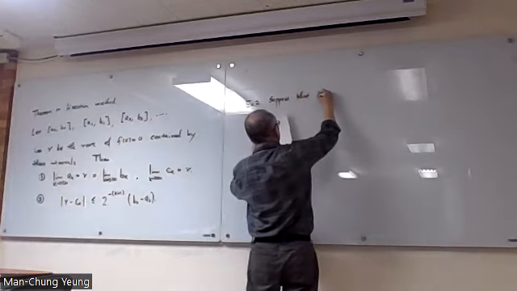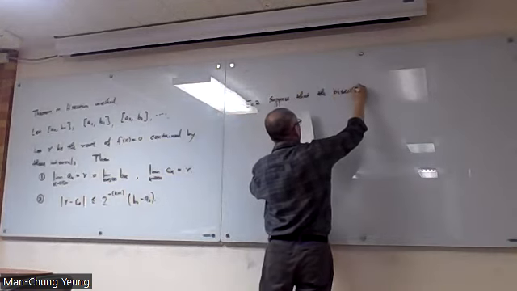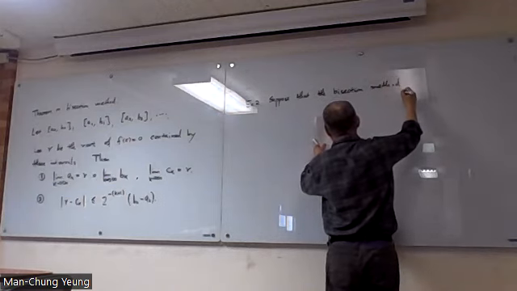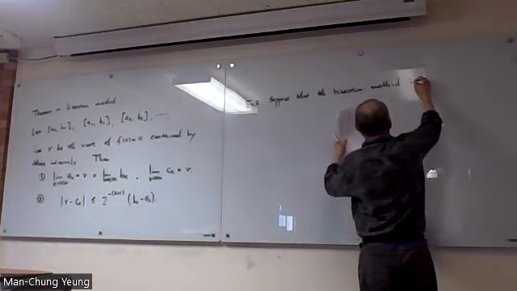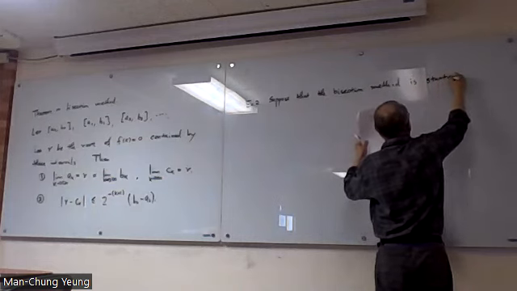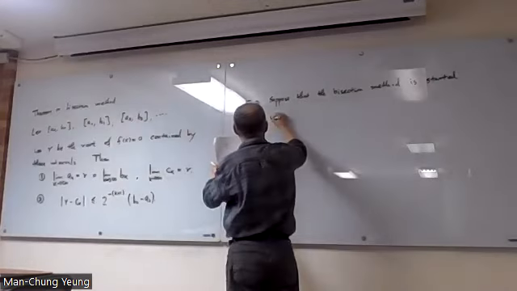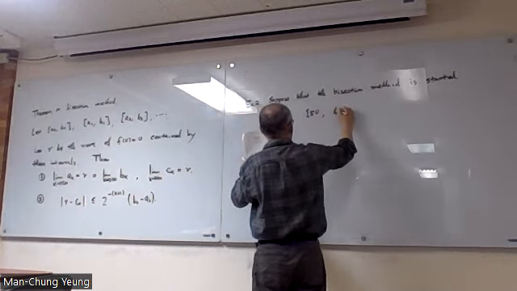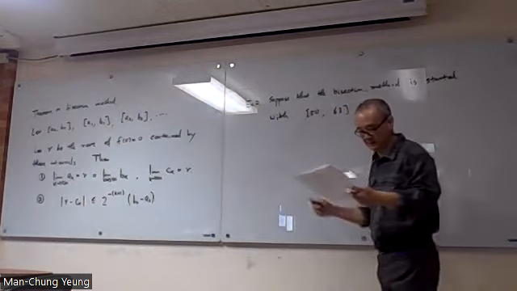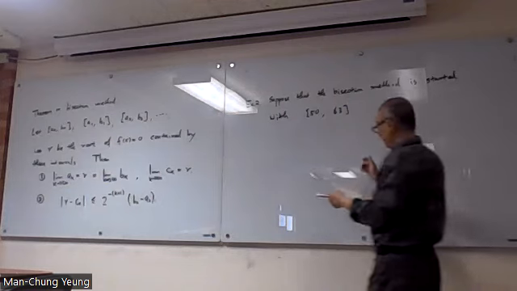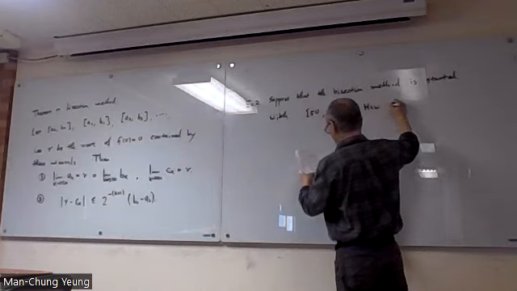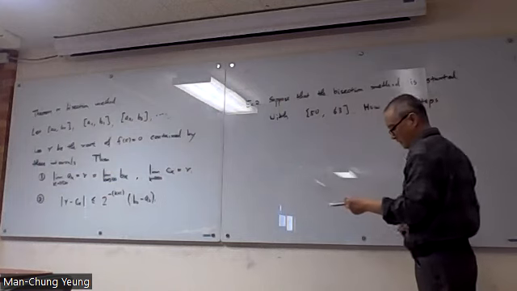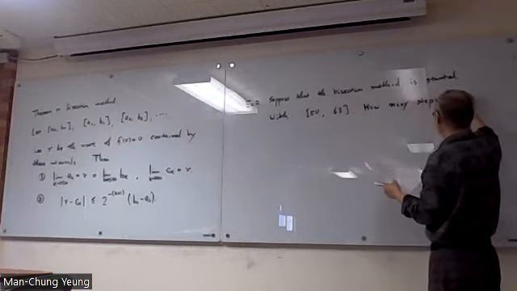Suppose that the bisection method is started with this interval, 50, 63. A0, B0 is this interval. Now the question is, how many steps should be taken in the bisection method